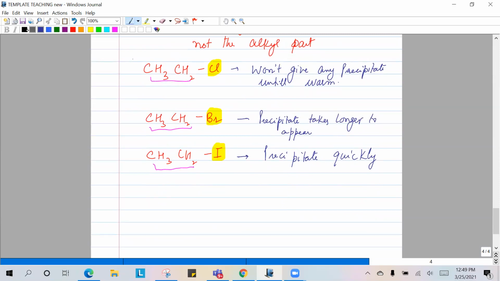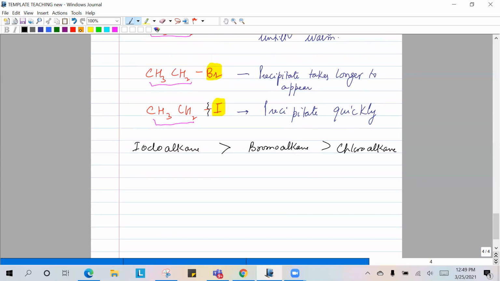This indicates that the iodoalkanes are more reactive than bromoalkanes, because for the iodoalkane the precipitate appears quickly, because this bond was breaking quickly, and the chloroalkane were the least reactive. We have already discussed that before. Why are they most reactive? Because the carbon iodine